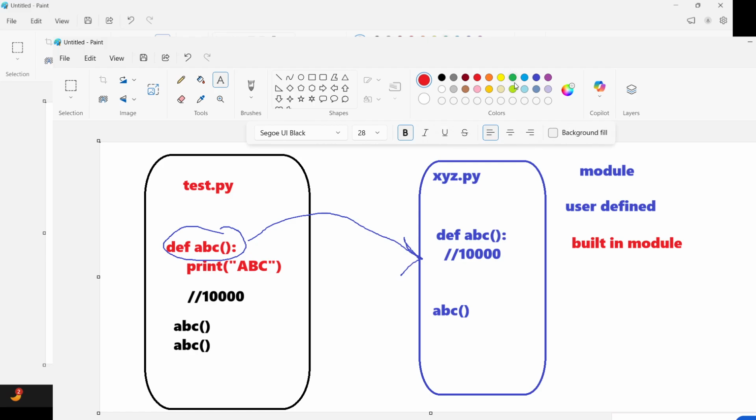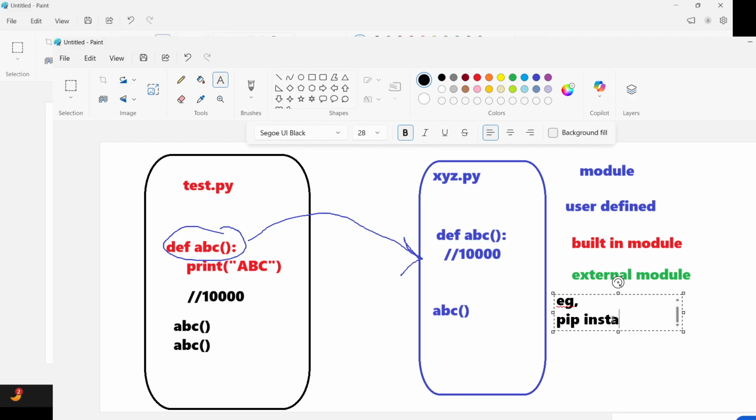And apart from this, there is one more module type, that is called external modules. And an external module means it is not available in the system by default. We have to install that module. For example, pip, package install module.